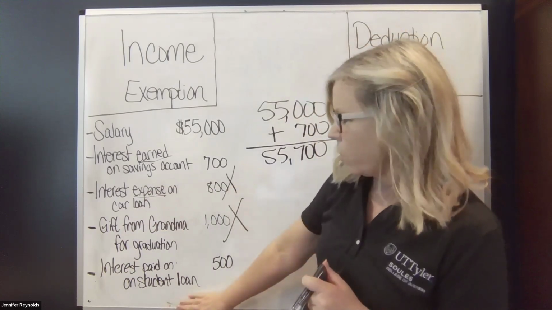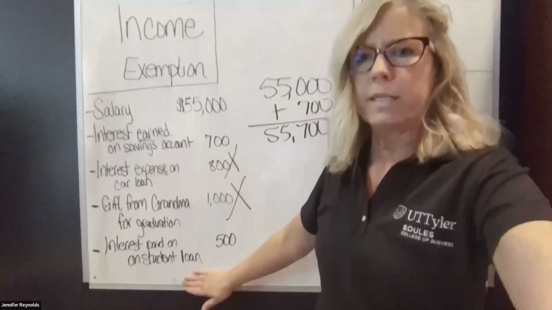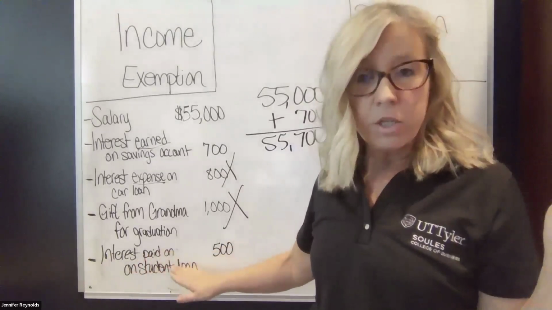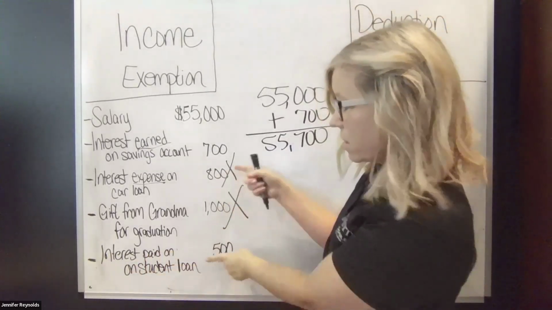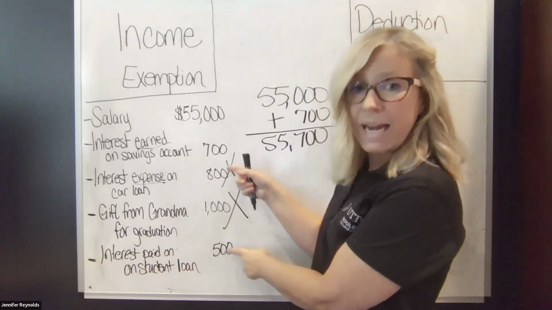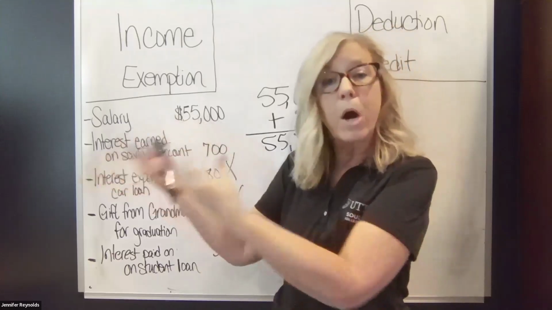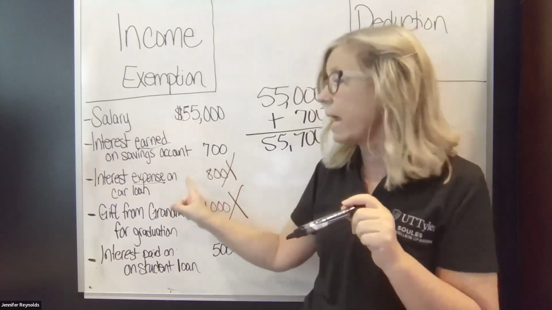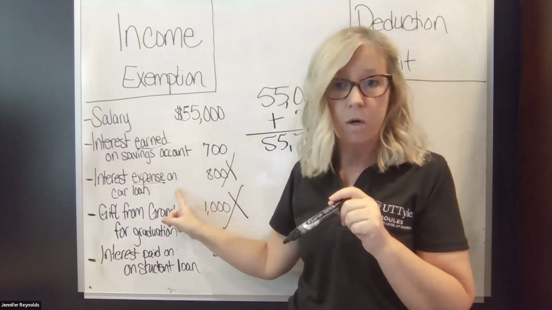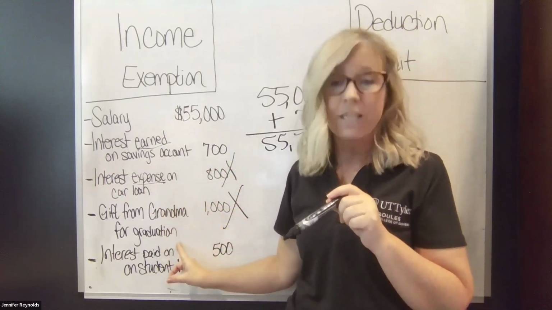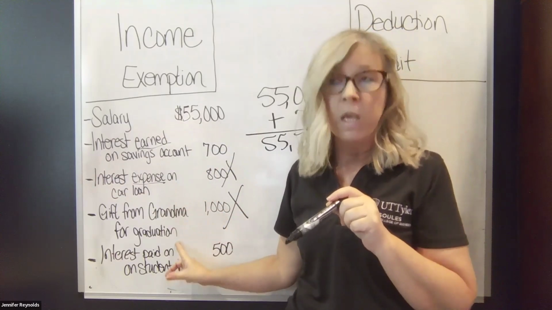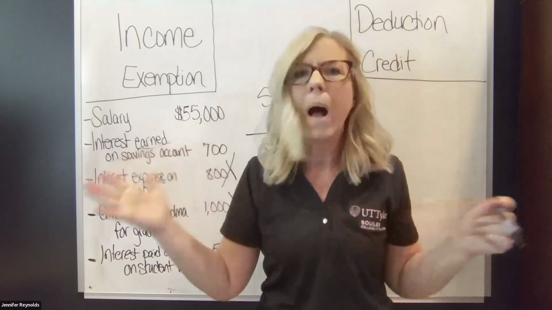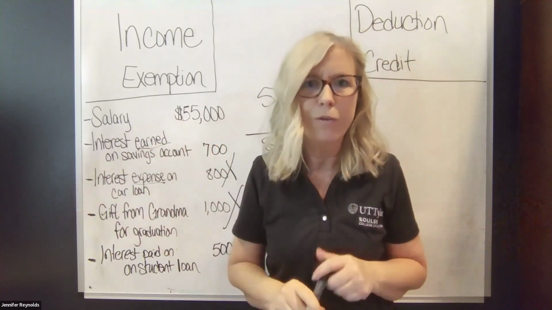Well, I've got one more item here that we have not addressed. Can you see all that? The last one says interest paid on a student loan. Now look, this is the same kind of interest up here. We paid it in both situations because we borrowed money from someone. The difference is that Congress says you cannot deduct interest on a personal car loan, but you can deduct your student loan interest. So, a couple of things about that. Stop first and think, why? Why would Congress let you do one or the other?